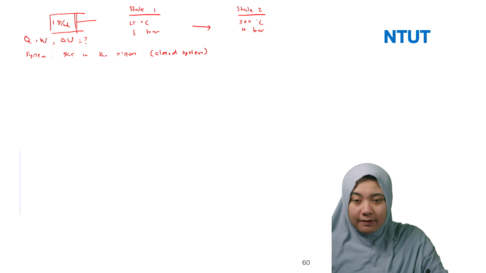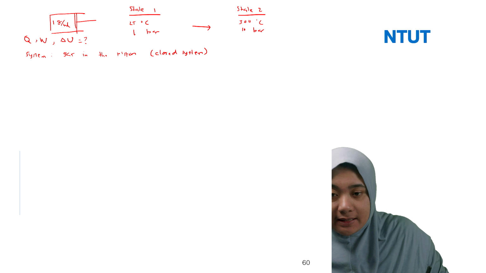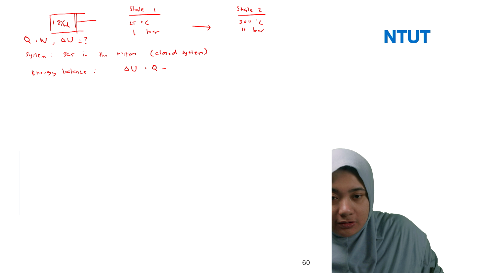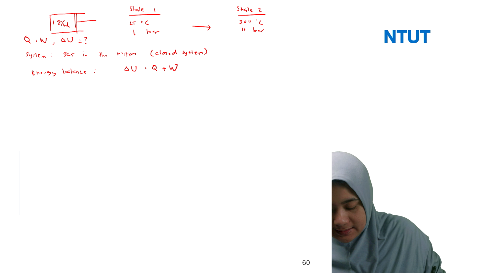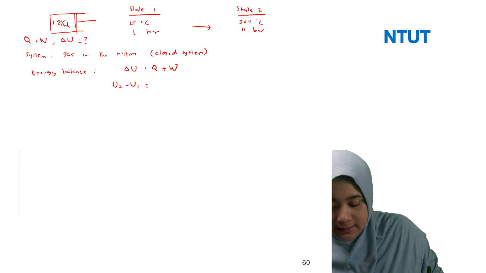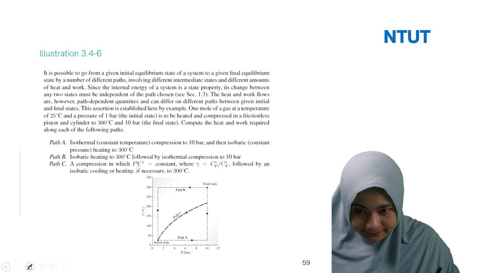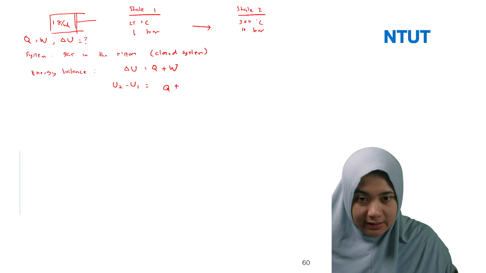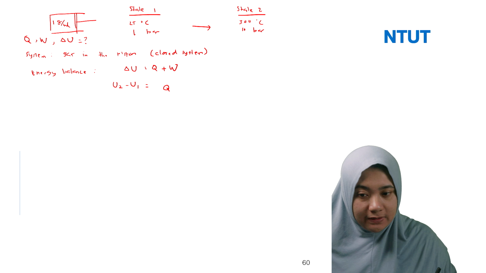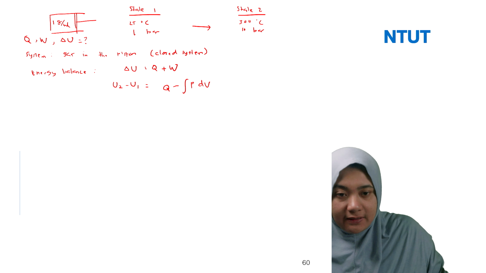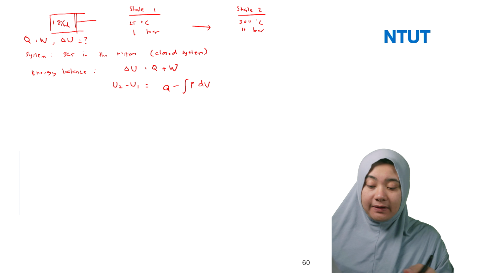So we can see from this energy balance, it's coming from delta U equal to Q plus W. In this case, you have U2 minus U1 equal to Q plus W. Remember that W in the piston will change directly into the work force. In the piston we have the work force, we don't have Ws. So minus integral P dV. This is what we have in the pistons.